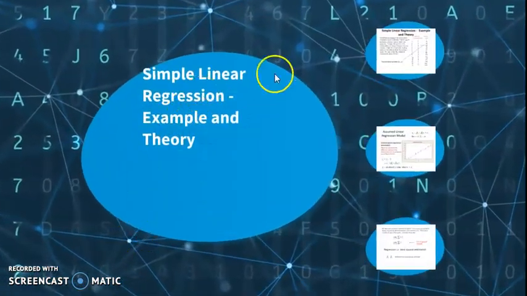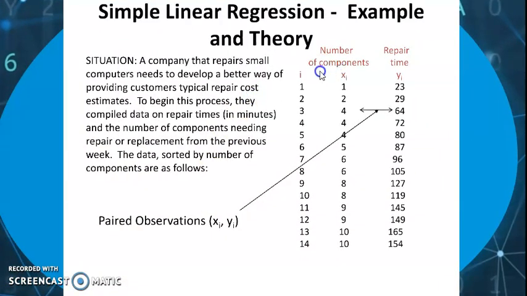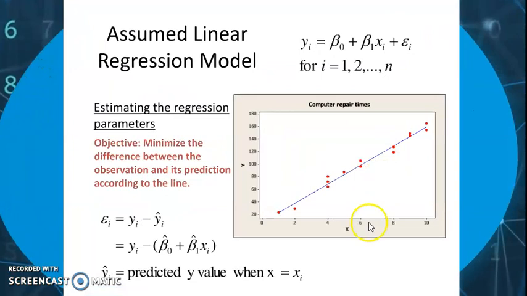We move on to an example of simple linear regression. Now, this is an example of the number of components that I could repair for a computer and the repair time predicted. Okay, so if number of components are 4, the repair time predicted is 64. And on the basis of that, we have got a data set here. So how are we going to do it? Now, this is nothing but the scatter plot. That's my step number 1. I show that there exists a linear trend in the data points.